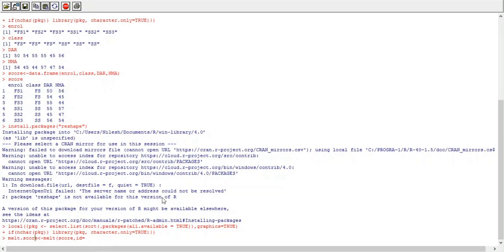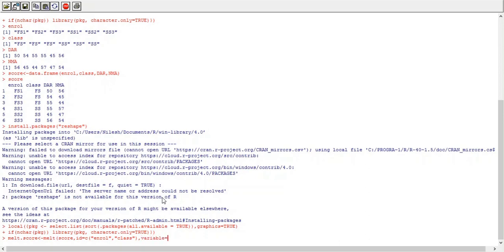So what is the syntax? First, you need to use melt, that is a function name, then the name of data frame that you want to melt, score, then specify the columns that will be constant in id parameter. So id equals to C of enroll and class. So these two columns will be constant columns. And what are our variable columns?